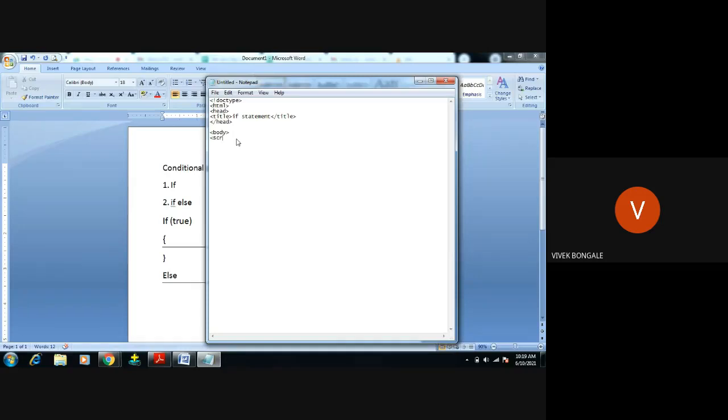To indicate it's JavaScript code, we have to start with the script tag. If you want, you can give type equals text/javascript. It's optional. Otherwise, you can ignore this part and directly write the tag.